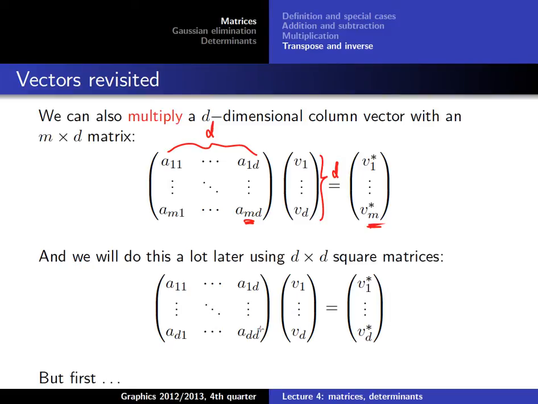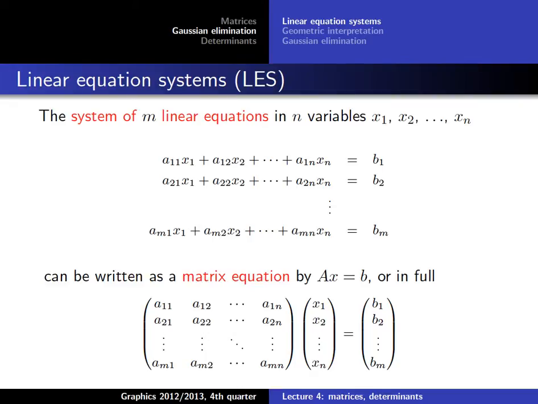But if we use a square matrix here, that is, if we have the same number of rows and the same number of columns, then the result is again a vector with the dimension d, with the same dimension as here. And this is exactly the case that is very important in graphics that we will use a lot in the next lecture, because you see we can use matrices to transform vectors and to create new vectors from existing ones. But this is what we want to do next week. So this week